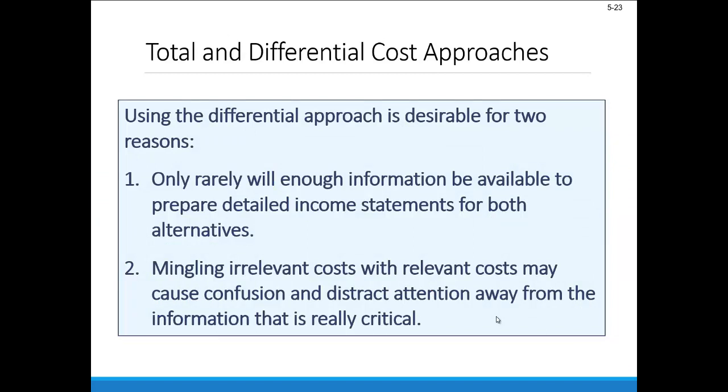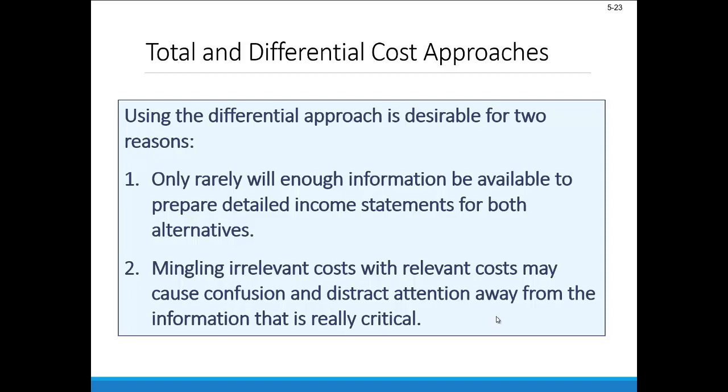Now, using this differential approach is desirable for at least 2 reasons. First, it would be somewhat rare that enough information would be available to put together full detailed income statements for both alternatives. And then second is probably even the more important one: mingling these irrelevant costs with relevant costs may cause some confusion or at least distract managers in this decision-making process from the critical pieces of that decision. So it's sort of just an idea of removing things that are superfluous or unnecessary, just to save processing time